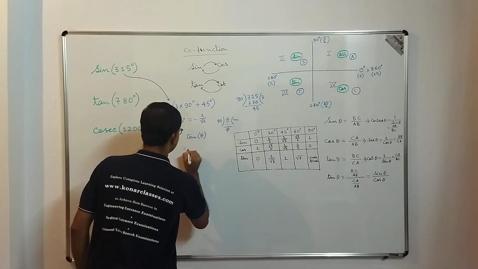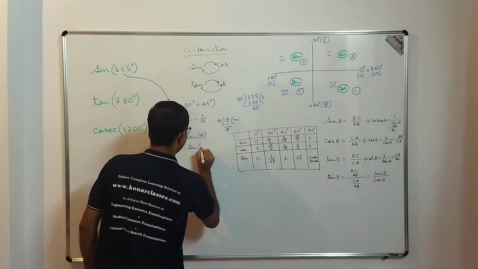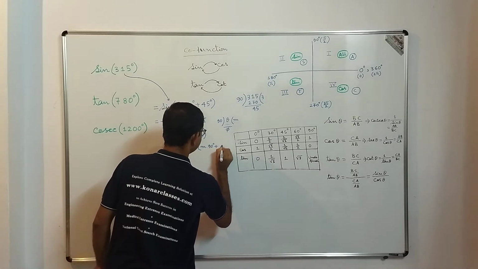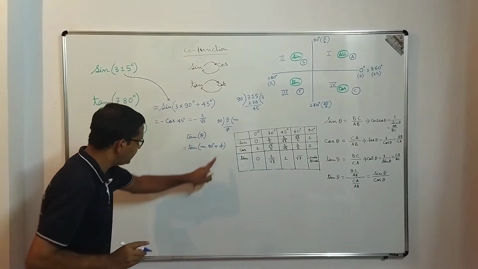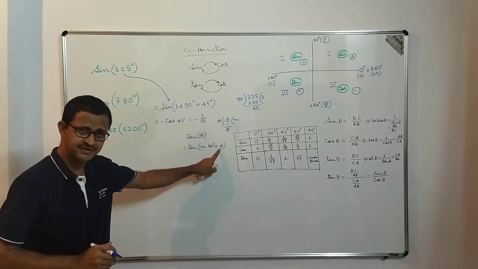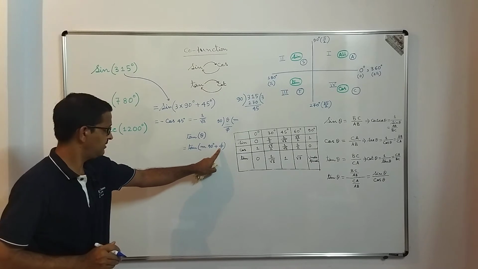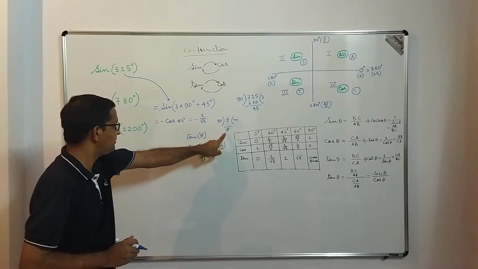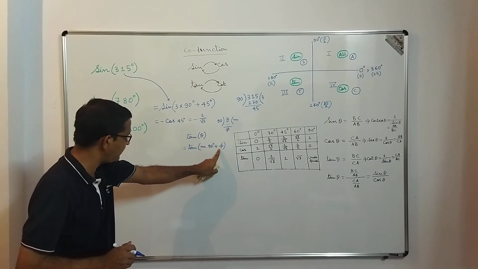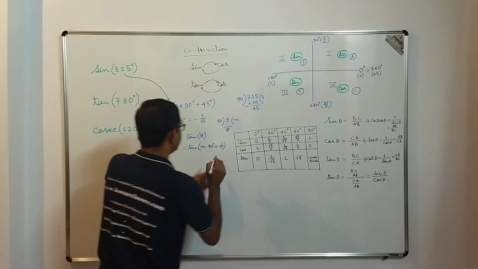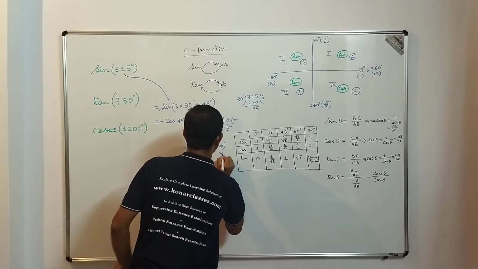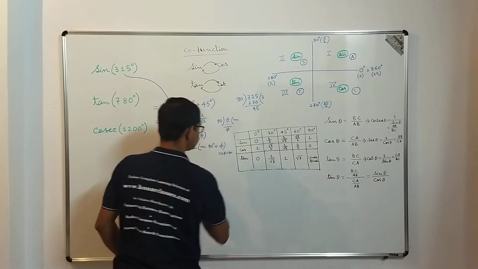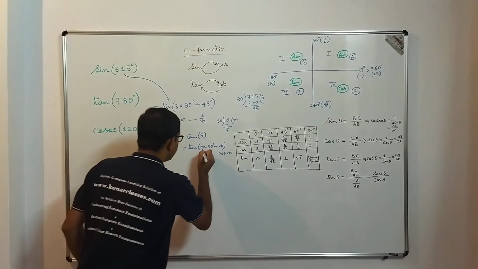So what you should write? You should write that tan theta is equal to tan of m into 90 degree, you can either write 90 degree or pi by 2, plus that angle phi. Obviously this phi has to be less than 90 degree from Euclid's division lemma. When you divide a number by 90, the remainder should definitely be less than 90. So the condition is 0 less than or equal to phi less than 90. It cannot be equal to 90. Correct?